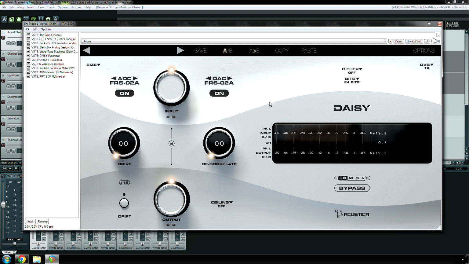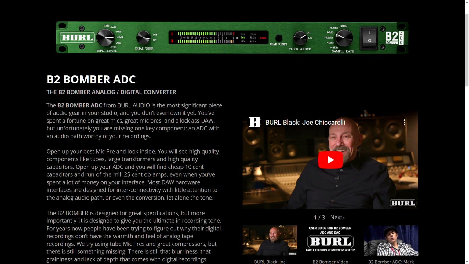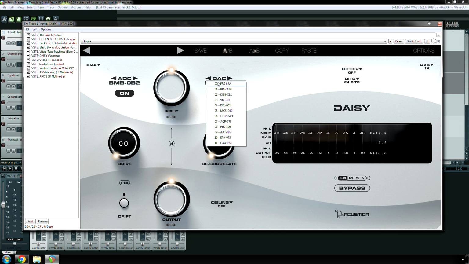check out Daisy. The star of the show, the analog to digital converters, particularly the BMB, allegedly based off of the Burl B2 Bomber, which is a very high quality mastering converter. The DAC, less so. It's there if you want it, but the ADC is really what you're looking for. And then the main feature, decorrelate and drive. Very simple plugin. Oh, also there's some cool dithers built into it and all that, but again, not a must-have,